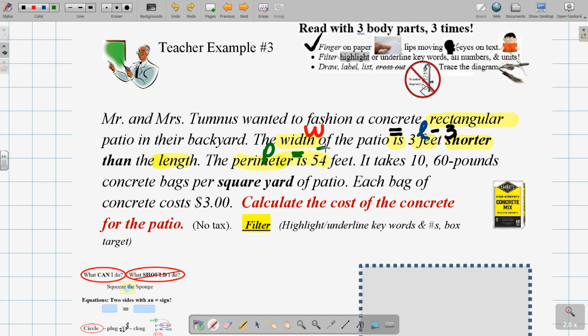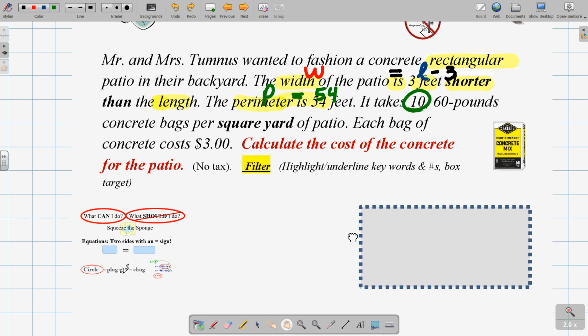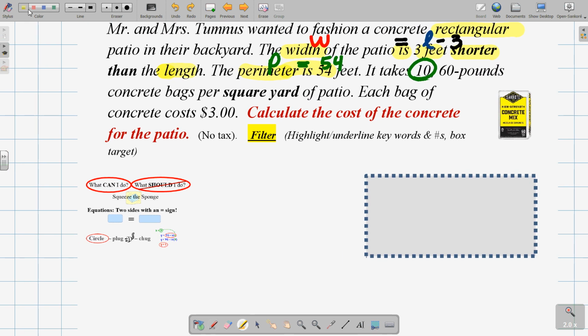Perimeter is 54 feet. It takes 10 60-pound concrete bags per square yard of patio. Each bag costs $3. Calculate the cost of the concrete for the patio. Now, concrete, I'd like you to shade, please. Shade the rectangle. Concrete shaded, that's where the concrete is. You should feel that concrete is an area concept. So underneath, let's write the area equation. Area equals